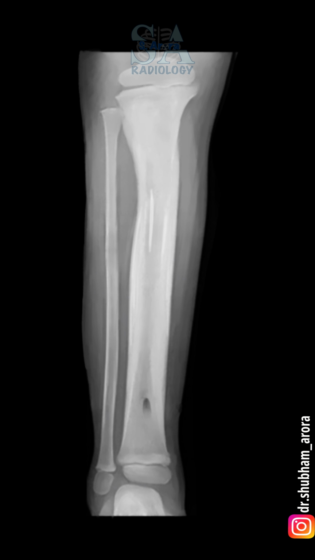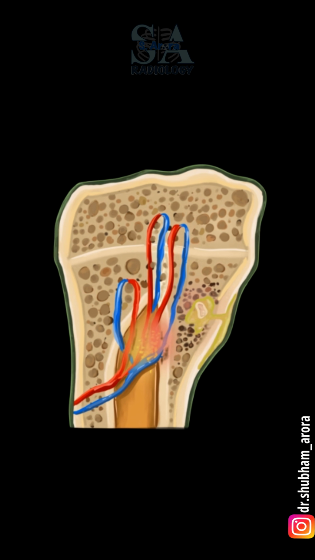Now, before heading to the other investigations, let's see some pathogenesis. Most commonly, the infection reaches the bone via the hematogenous route, causing a localized inflammatory reaction at the hairpin loop of the metaphyseal vessels, which can cause localized edema and an increase in intramedullary pressure, precipitating infarction, therefore resulting in active hyperemia causing